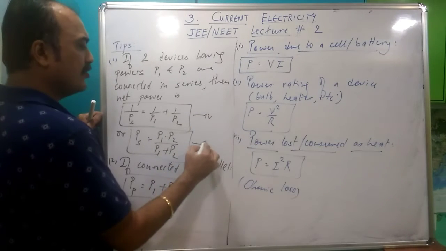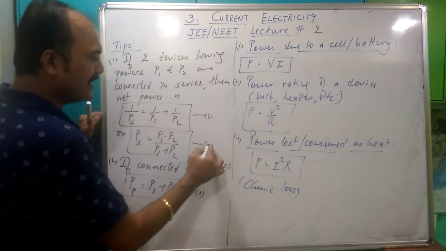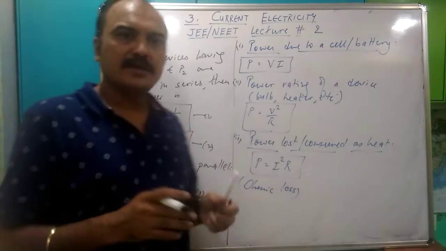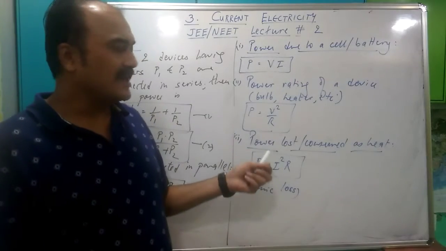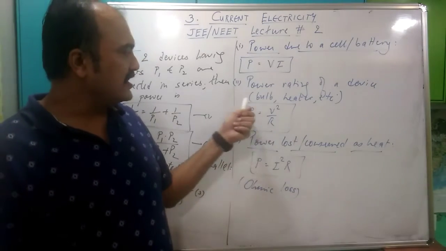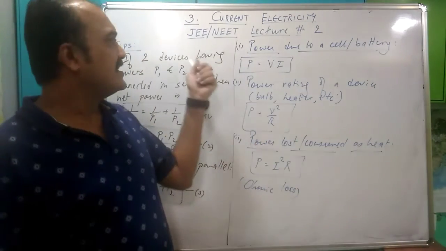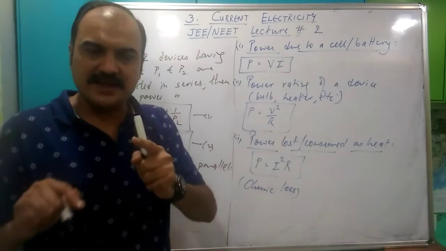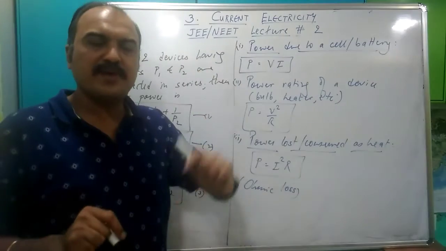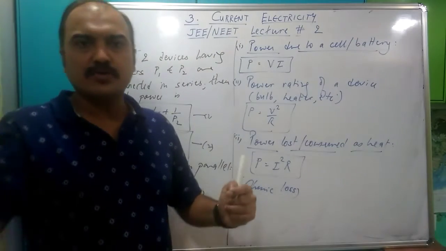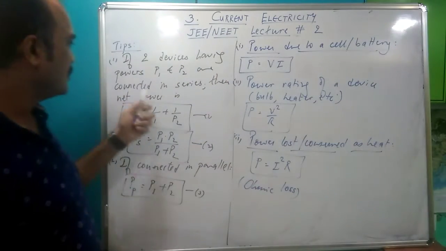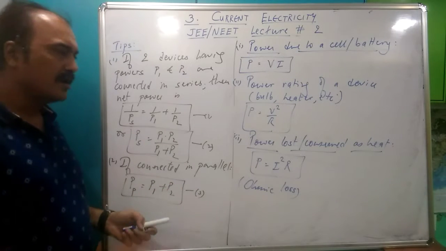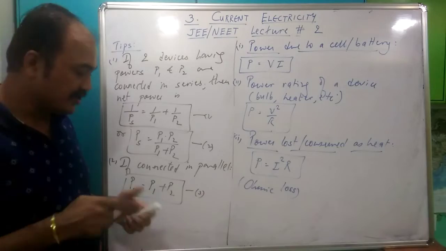Now if you were to ask me, sir, how did you obtain these equations? It is quite easy. If they are connected in series, the resistance will not change. So the idea is R is V square by P. In series, resistance Rs is R1 plus R2. In case of Rs, I'll put V square by Ps. In case of R1, I'll put V square by P1. In case of R2, I'll put V square by P2. V square all get cut. So 1 by Ps is 1 by P1 plus 1 by P2. Same thing I will use in parallel, and this is how I will obtain my equations.